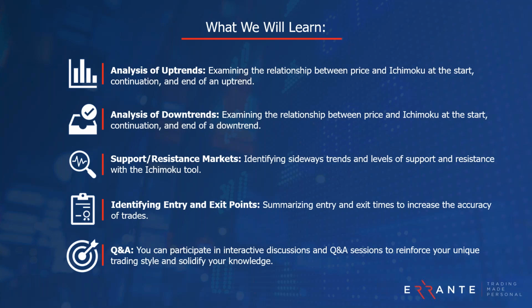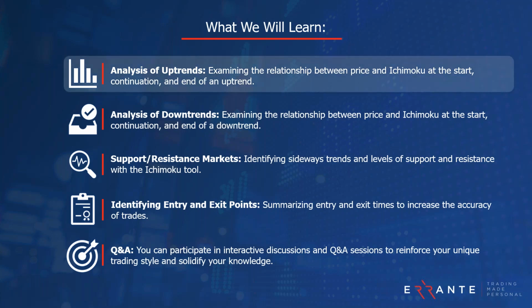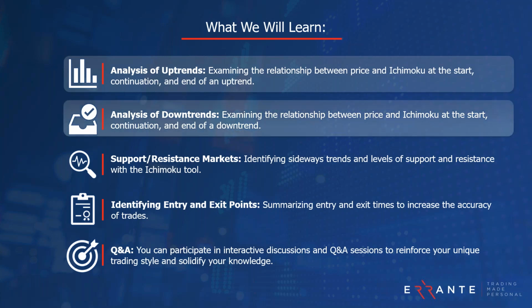let's take a look at what we will learn today. Before we dive in, let's take a quick overview of what we will cover today. We will explore how to use the Ichimoku Kinko Hyo indicator to identify the beginning, continuation, and end of an uptrend. This involves understanding the relationship between the price and the indicator components, such as the Tenkan-sen, Kijun-sen, and Kumo. And then, similarly, we will examine downtrends, looking at how to recognize their start, continuation, and ends using the Ichimoku